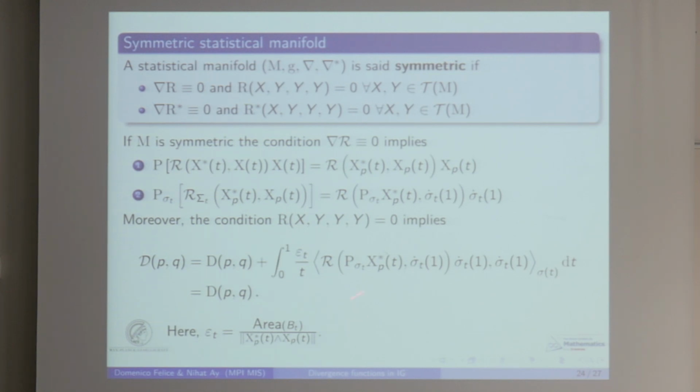Just to mention a factor example where we apply this new canonical divergence. It is on a statistical manifold that we call here symmetric because we have that nabla R is 0, and we add this more requirement on the Riemannian curvature tensor. Also in this case, the two divergences coincide. But why is this example important? Because thanks to this example, we